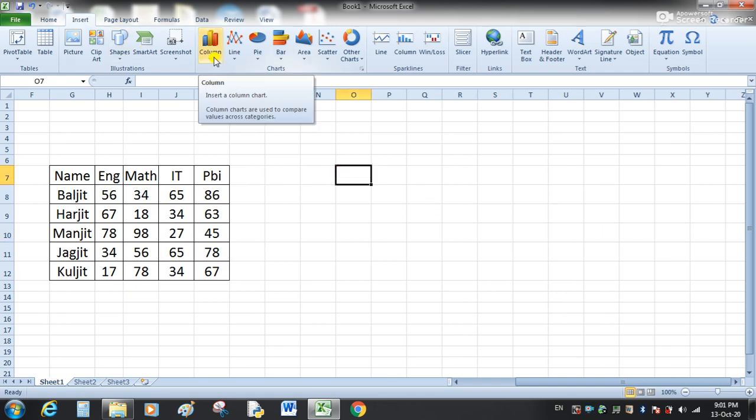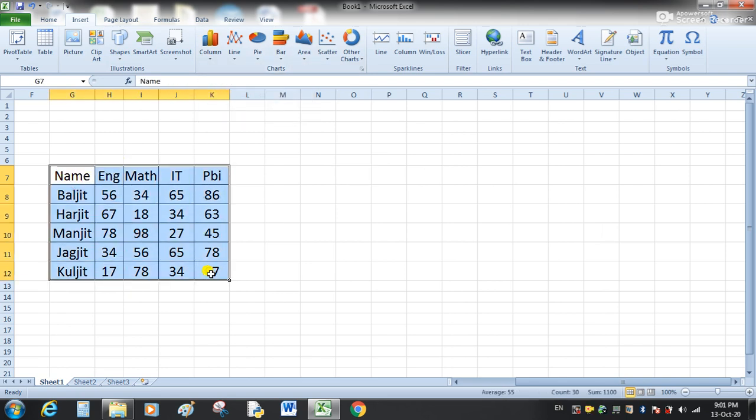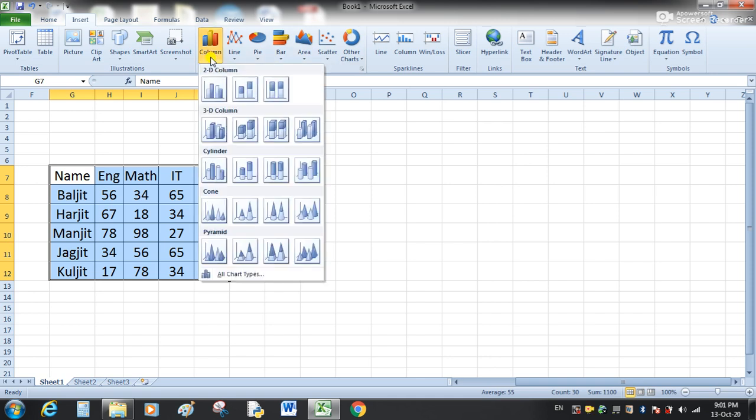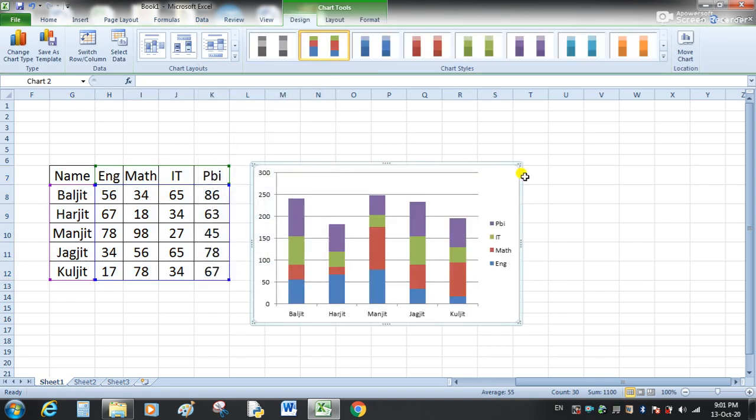First of all, select the data on which you want to create your chart, and from this column chart select the type of the chart. For example, I am selecting this stacked column. Here you can see Excel automatically has created the chart on the basis of this data.